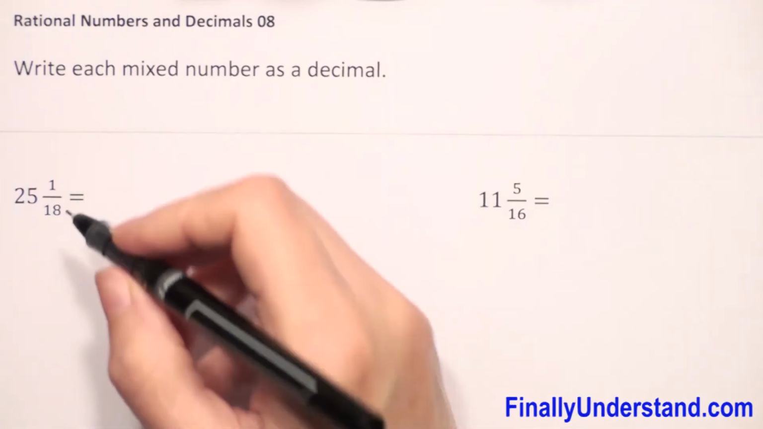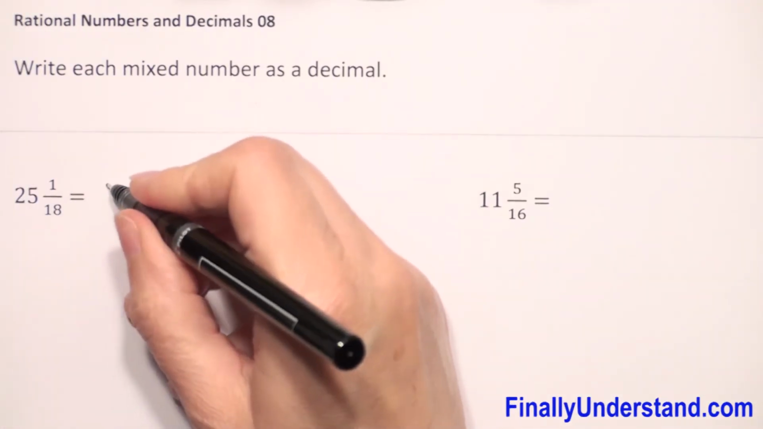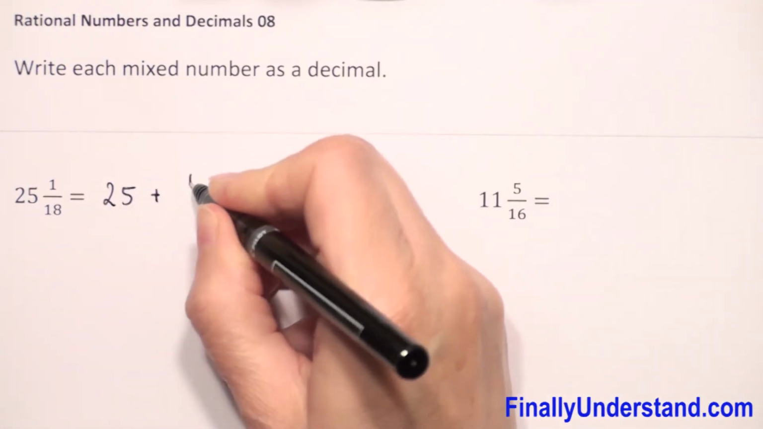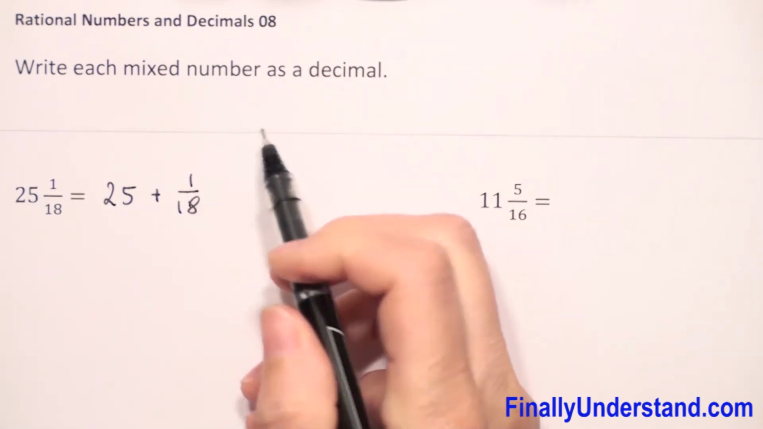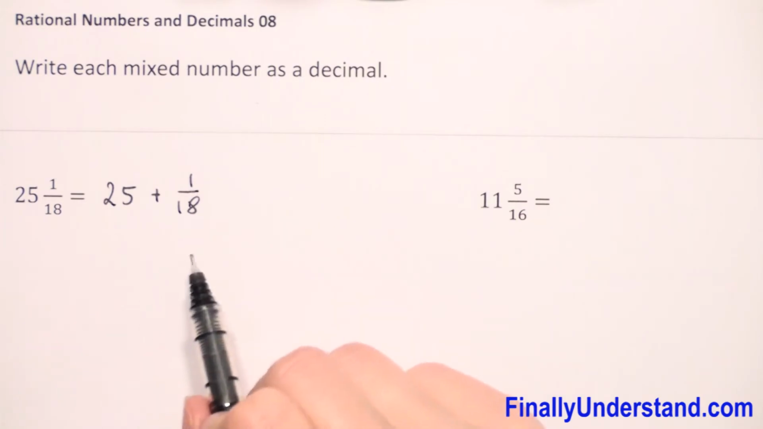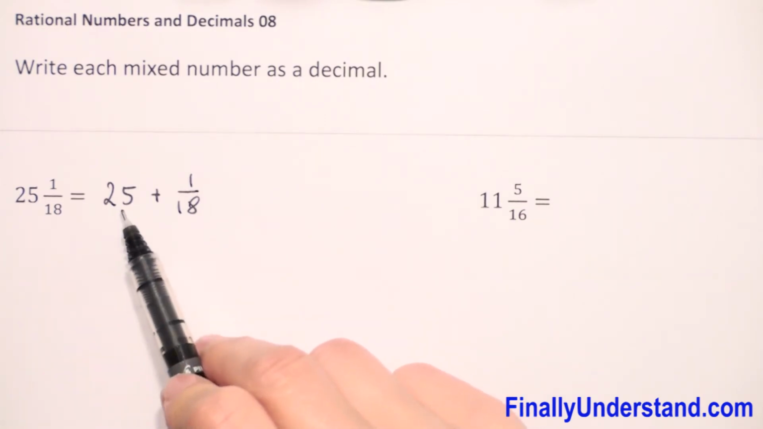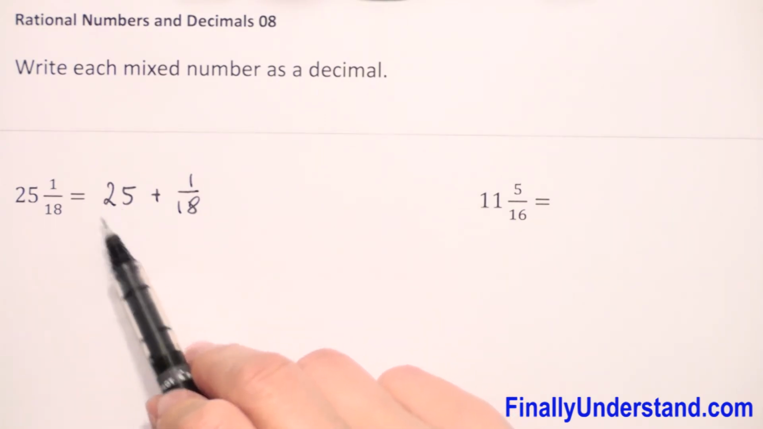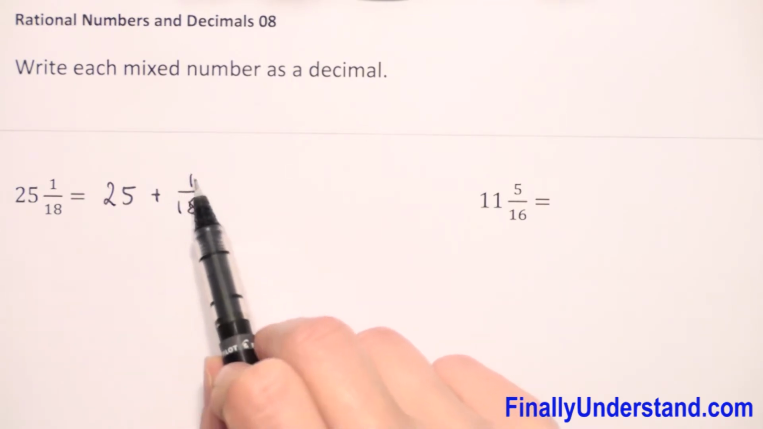Write each mixed number as decimal. We have 25 and 1 over 18. We can rewrite that this is 25 plus 1 over 18. We have a mixed number when we have a whole number and a fraction. This is a mixed number. Now 25 we can leave because it's a whole number, and we just change 1 over